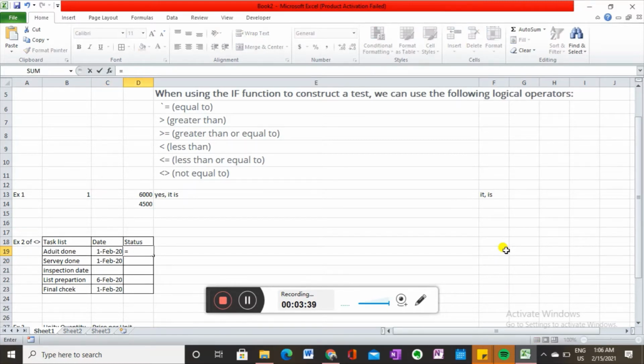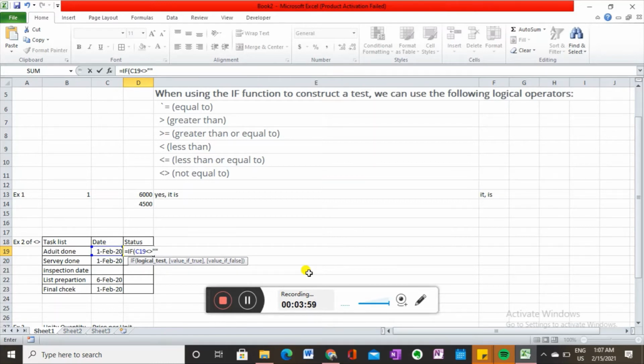Very simple example. If C19 not equal, please be careful, not equal to blank.